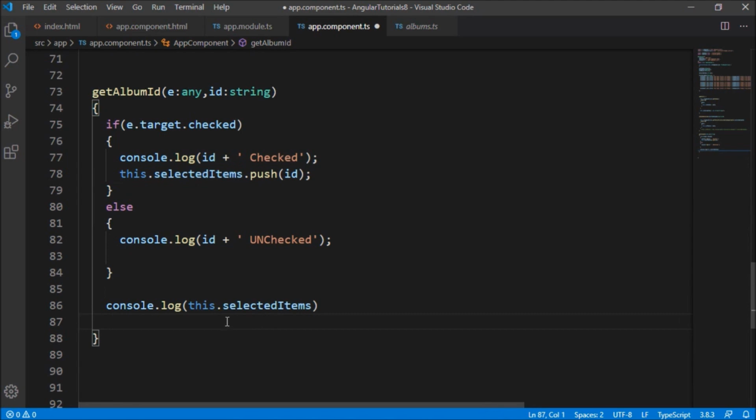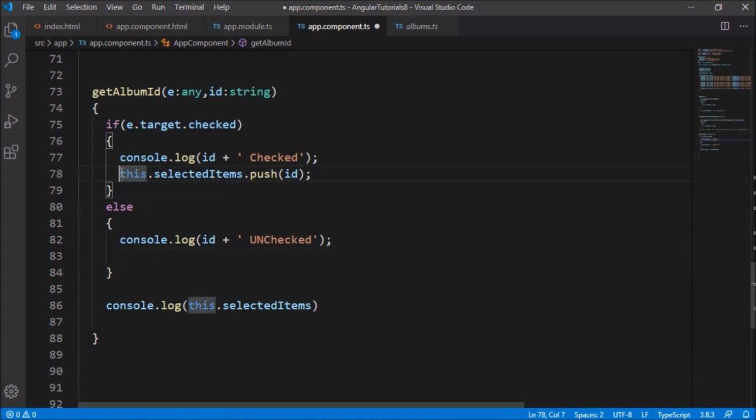Just imagine if some item is already pushed in the selected items, and if I uncheck that item, we also have to remove that item from the selected items. Otherwise, once the item goes into the selected items, it will not come out. It will remain there permanently. So we have to have some logic for removing the unchecked items.